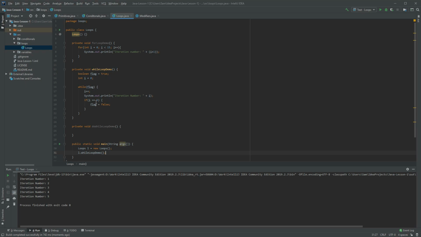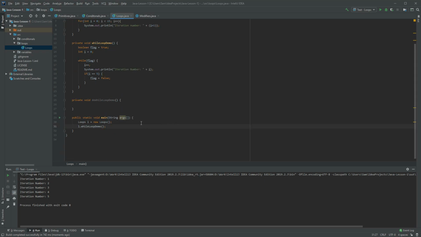And when it gets to i equal to 5, it sets the flag equal to false. So when it comes back up, it says while flag is true, but it's not true anymore because we set it to false. So it resumes with whatever code comes afterwards. In this case, it just stops. Now, the difference between that and a do while loop is that the evaluation in a while loop happens at the start. The evaluation of a do while loop